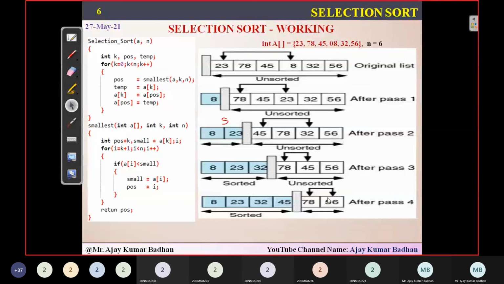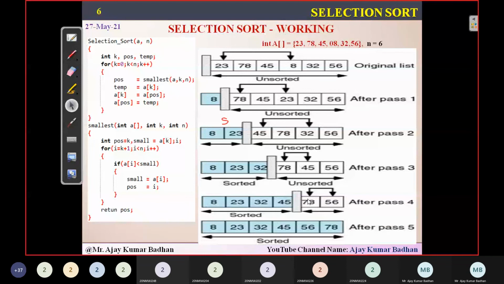You can see here, this is exactly how your selection sort works. The name itself says that it will select the smallest element among them for the first position. I have taken this actually from this particular site. It was beautifully represented here, and that's the reason I have used it.